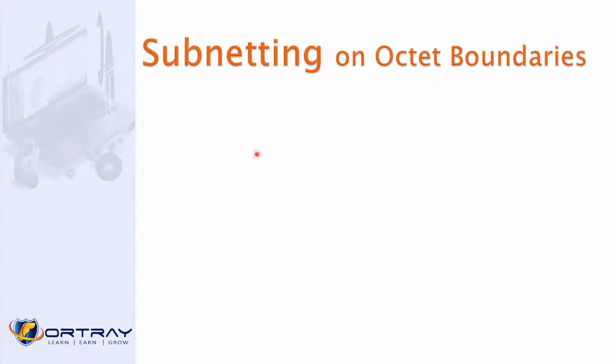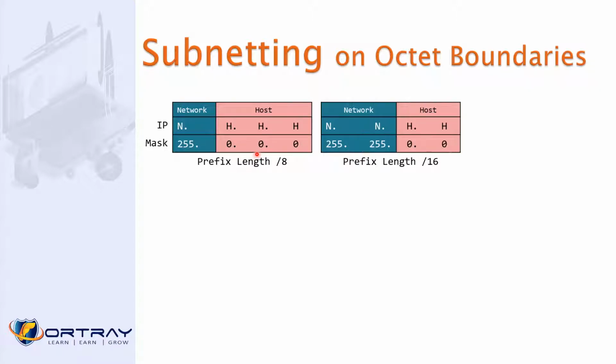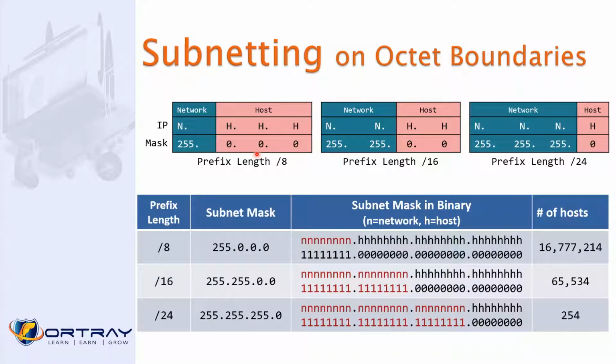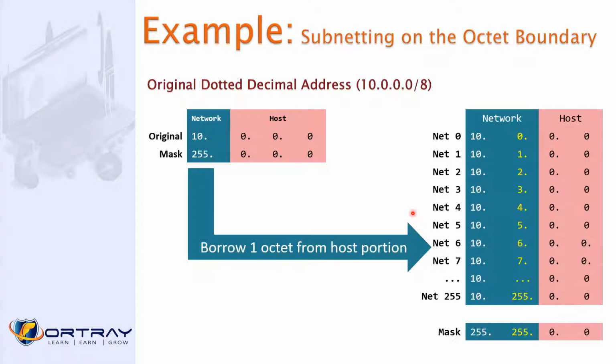Now the question is how we do it. Subnetting on the octet boundary. Basically these are the default subnet masks, as we already know. For /8, or 255.0.0.0, how many hosts do we have? Yeah, that's all clear. How do we calculate this? 2 raised to power 24, 2 raised to power 16, 2 raised to power 8. Okay, so this is the original octet boundary. You can see this is the network, and we borrow 1 bit from those.